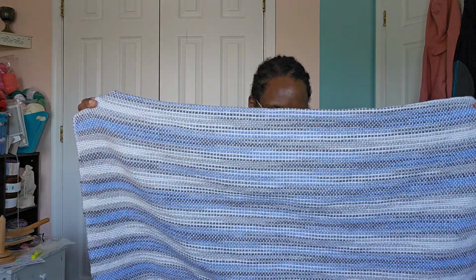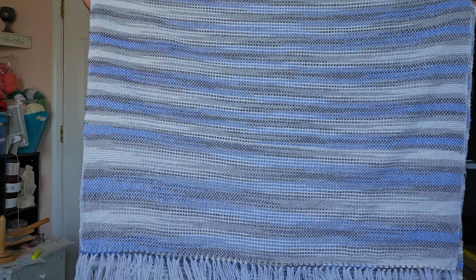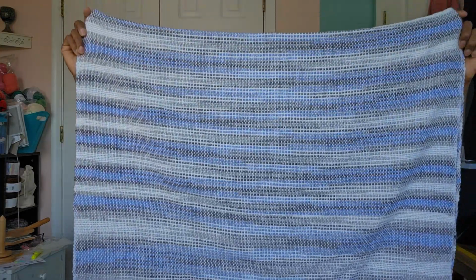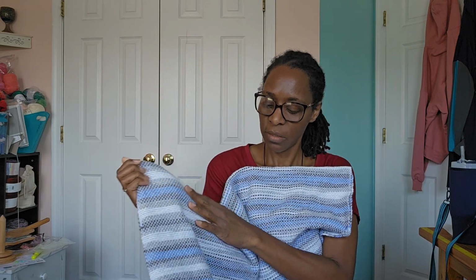So there's that. And then this is a baby blanket, 1 of 2. I have to still do the fringes, take care of the fringes. This, I made the weft so that the colors would pop out. The weft is actually a 3-weight Loops and Threads Baby. It's like a blue and white,